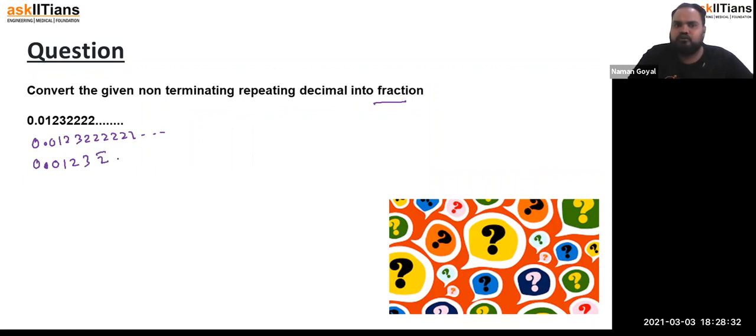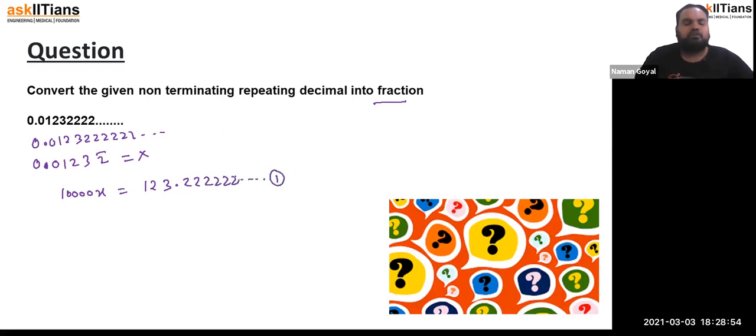So as I told you, you can take this quantity as x. Now you have to take these four terms to the right hand side. So you have to multiply it by 10,000. So it gives 10,000x is equals to 123.22222 and so on. Equation first you can take it as, ठीक है।